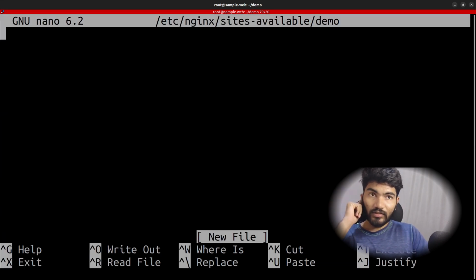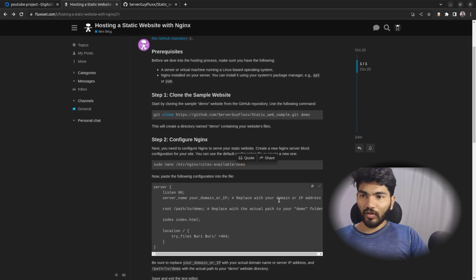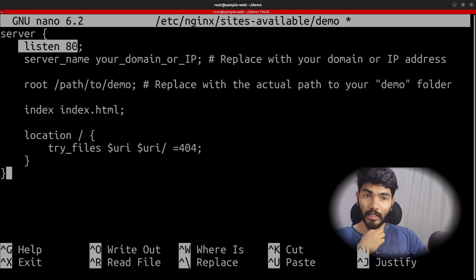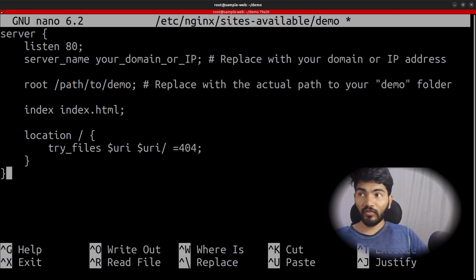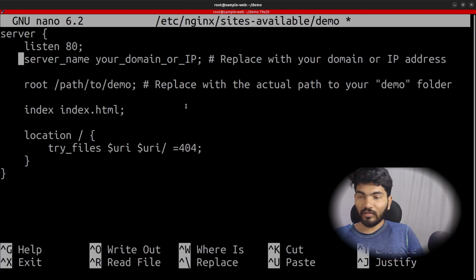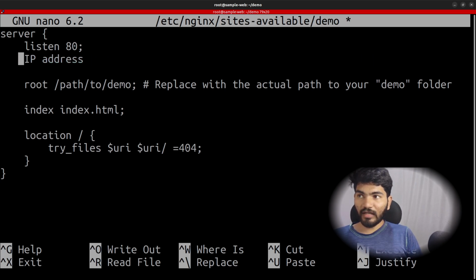Once it is done, click enter, then again go to the blog, and as you can see, it is showing some sample right here. Click on the copy button, go back to nano and paste it right here. If you read the configuration carefully, it is saying listen on port 80. That's the default port for websites. Then there is a server name, or domain name, or IP address. In our case, we are not going to use a domain like xyz.com because we don't have one for the demo. That's why we are going to choose the IP address. We are copying the IP address from DigitalOcean, and we will be replacing the IP address